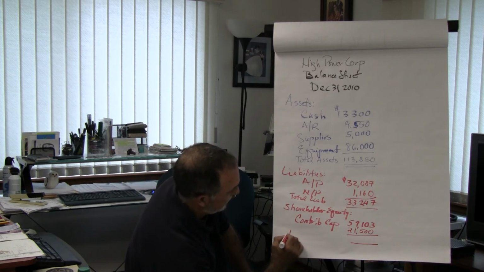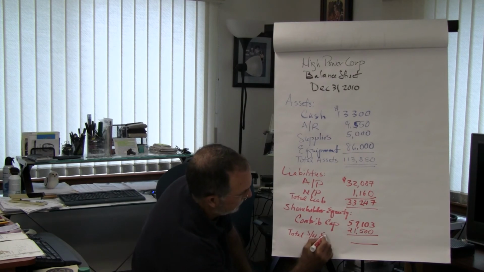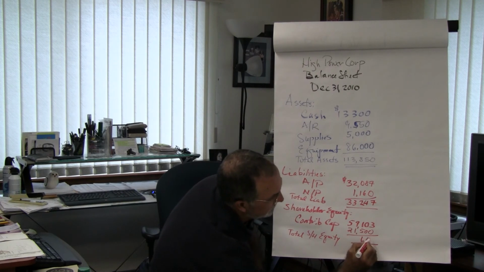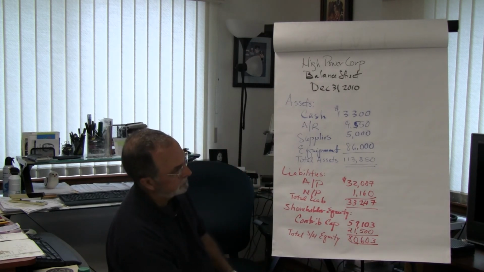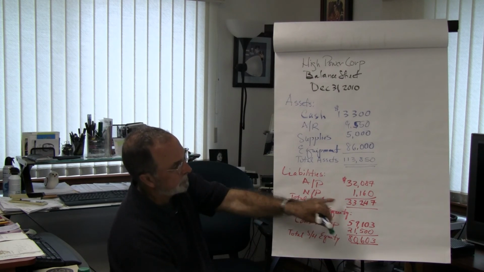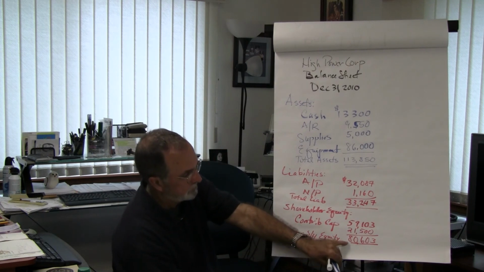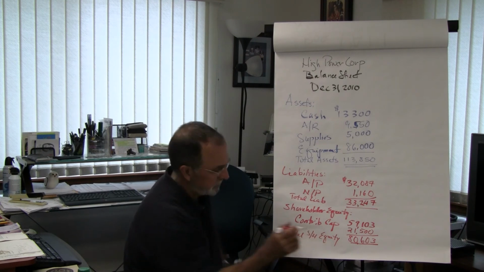And that's going to be called total shareholder equity. And let's see if we can do that here. 80,603. So our total liabilities are $33,247. Total shareholders' equity $80,603. And if we add these two together,